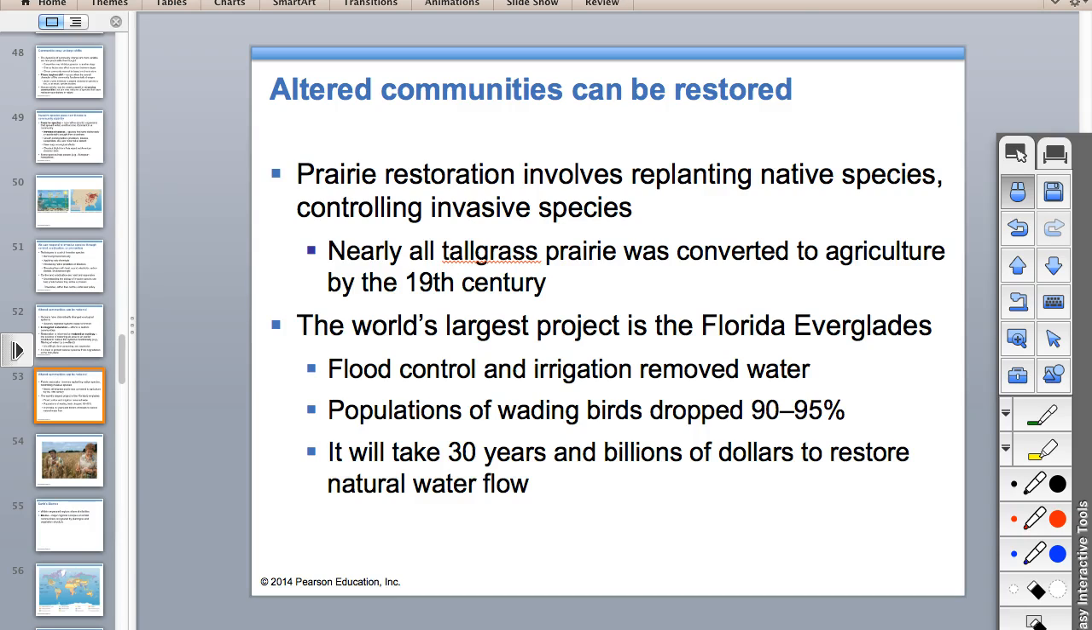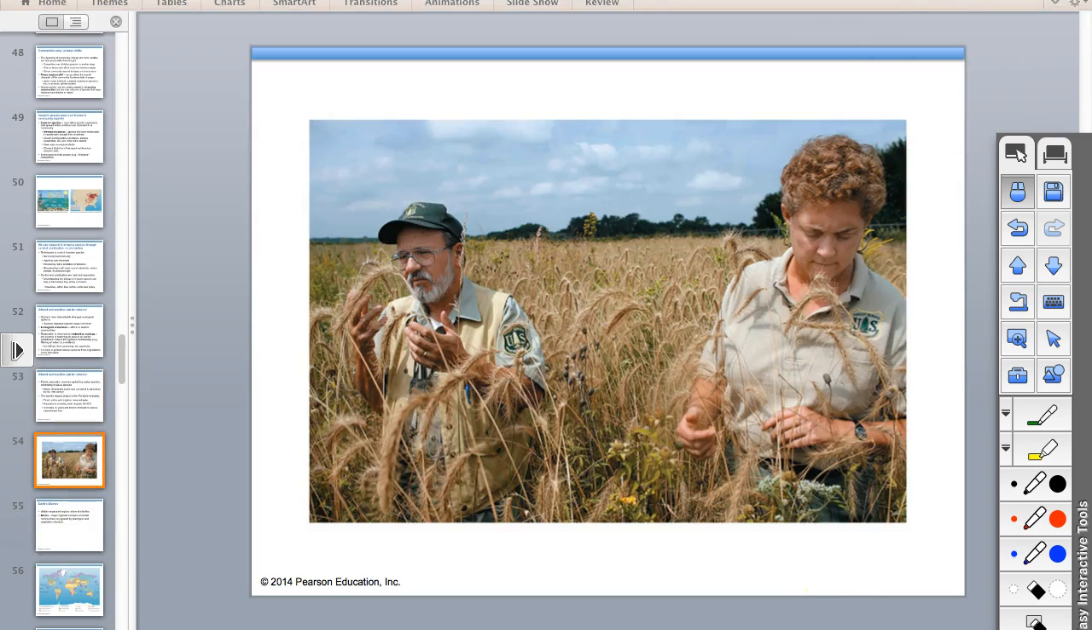And so two of the biggest projects are prairie restoration, because we've taken all the grasslands and turned them into farms. The Midwest part of the United States, where we're growing our corn and our soy, used to be grasslands, and we're trying to put that back. And then the largest project in the world is the Everglades project in Florida. So that's where we ended yesterday. So here's some people doing some